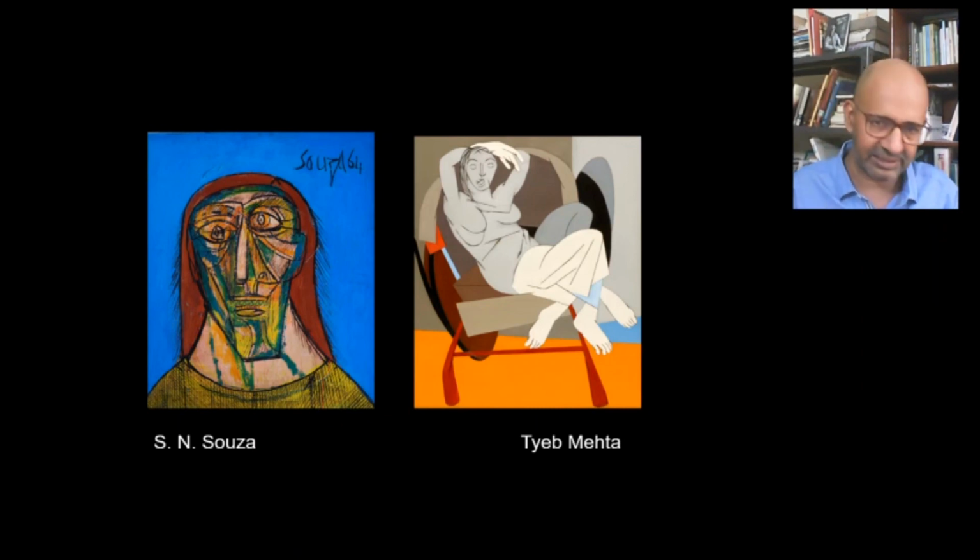I'm repeating these artists, though we have seen their works in previous lectures, only to recall the fact that this new figuration we are talking about has already started in the 1940s by these artists,